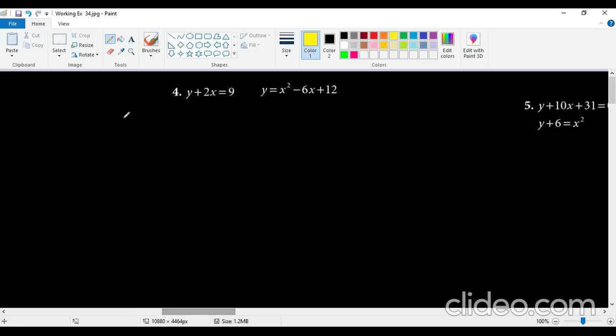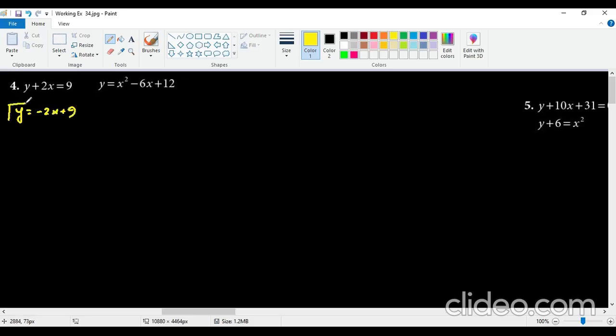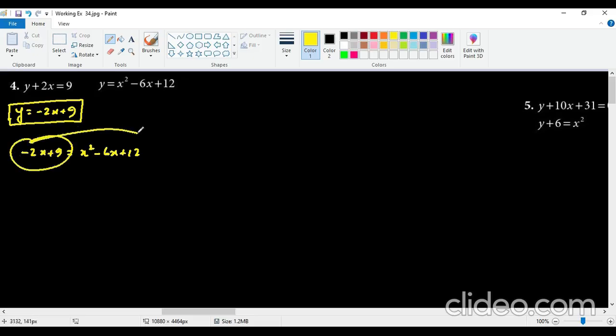Moving on to the next question, I will bring this a little here to make room for me to work. Now in this question it says y equals minus 2x plus 9 is the value of y. Now I'll plug this value into the quadratic equation. It's going to be negative 2x plus 9 equals x square minus 6x plus 12. So I'll bring these two over there to make it available in the quadratic equation. So it's going to be x square minus 6x from here itself. Minus 2x will come from the other side and becomes plus 2x, plus 12 is already here, and plus 9 will come from the other side and make it minus 9. So for question number 4, it's going to be x square minus 4x and plus 3